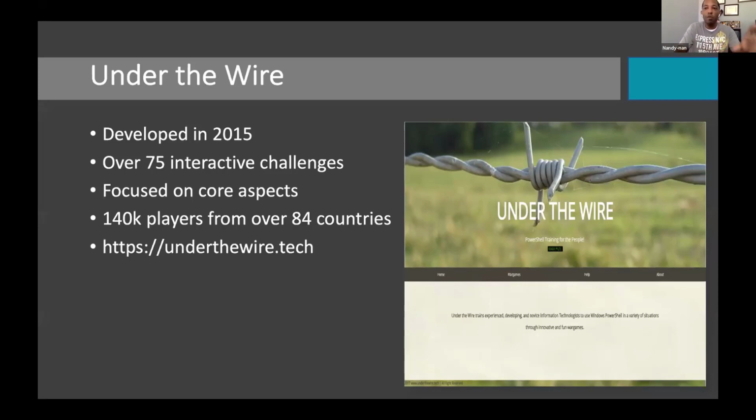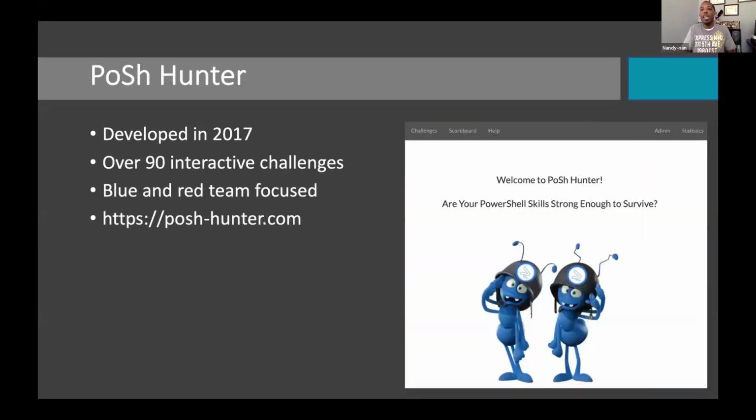Now, once you get over Under the Wire, because we're focused on basic core aspects of the language, and you want to start using the language from a true red team or blue team perspective, well, then I implore you to use PoSh. Developed this in 2017. There's 90 challenges or so, and there's an actual virtual machine that you would download in that share environment. It is riddled with artifacts of sorts.